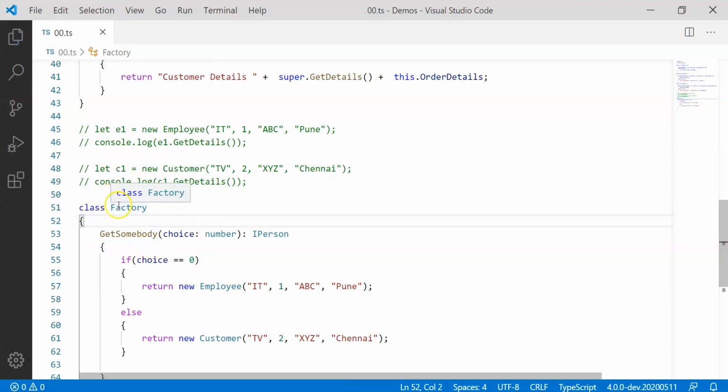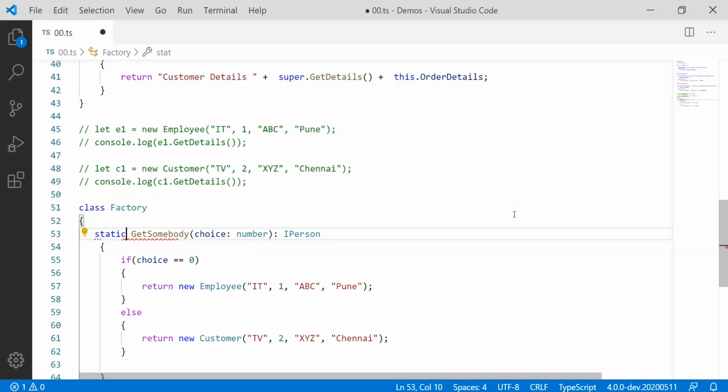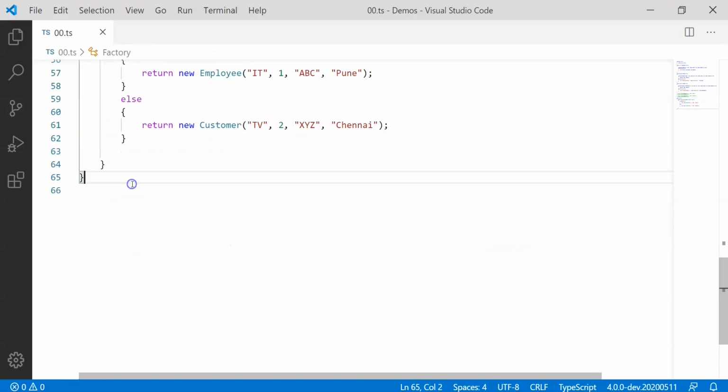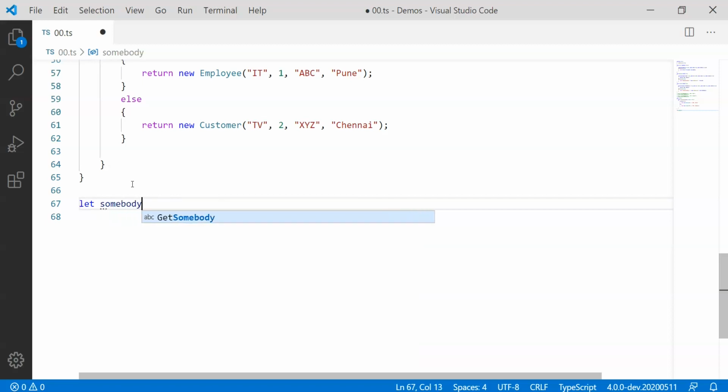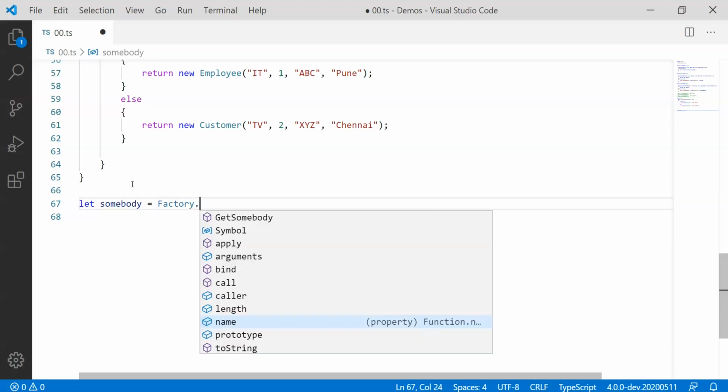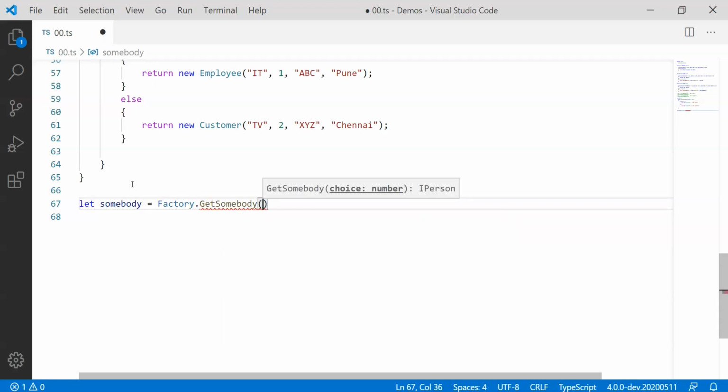One more time, I don't want to create a factory class object, so I'm going to define this method, getSomebody, as static. Not hard and fast, I just wanted to use the keyword. Whenever we need to use factory, here's what we will do. We will have let somebody equal to, and I'm going to call factory dot getSomebody directly, and getSomebody will expect a parameter from you.